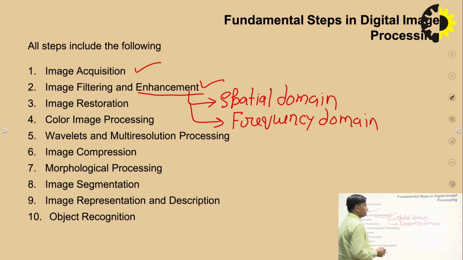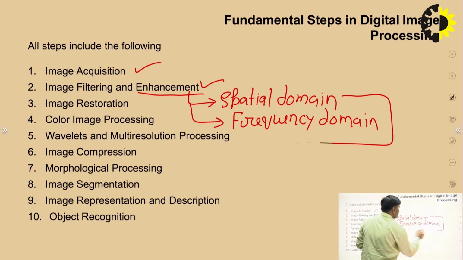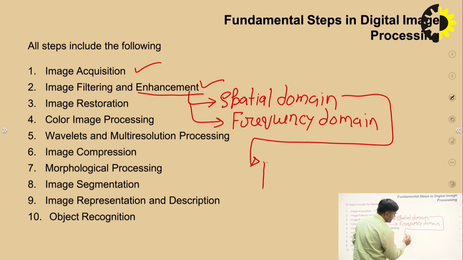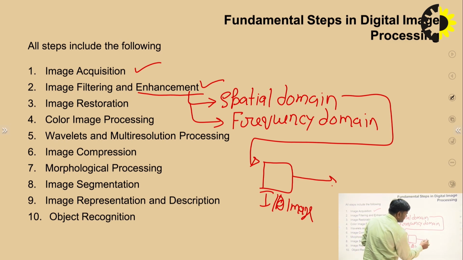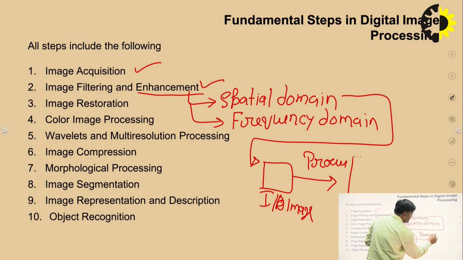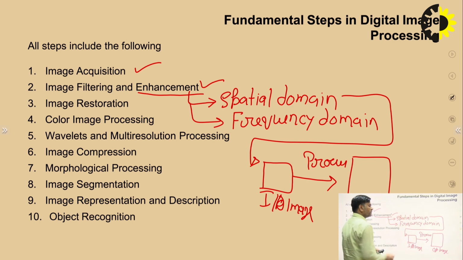In the case of the spatial domain, we have an input image. We process it and we get the output image. This is the process of the spatial domain. We take the input image and apply filters that are available for spatial domain processing, and after that we